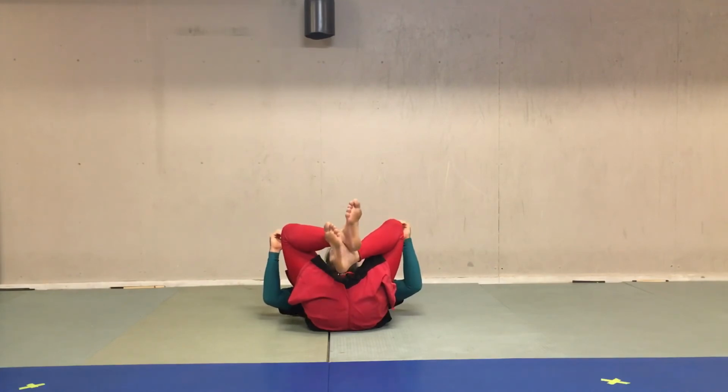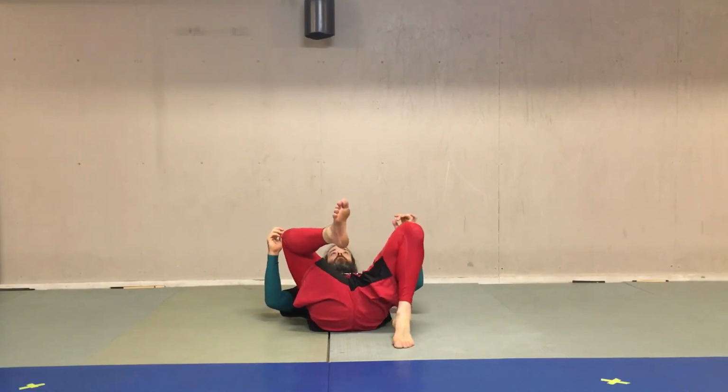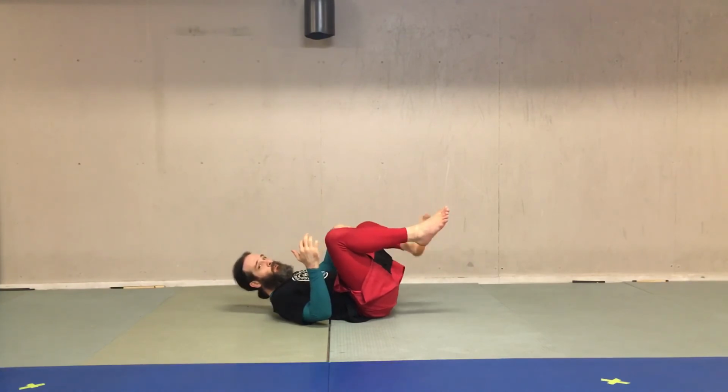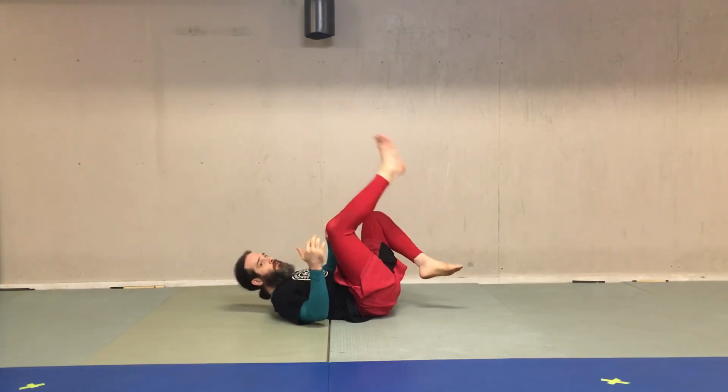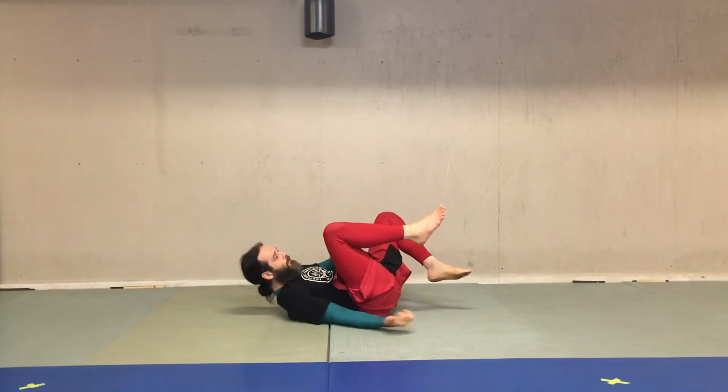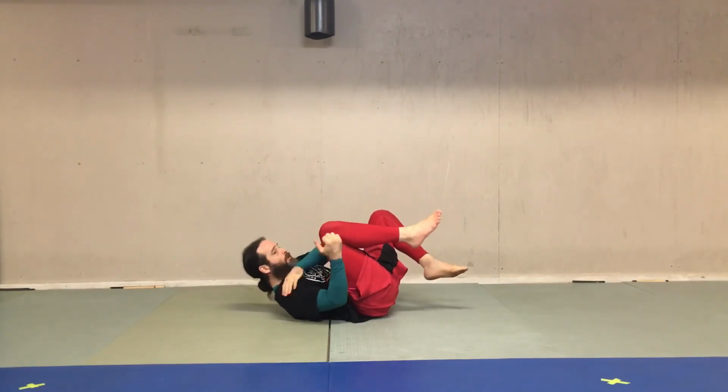One more time for you. Maybe you practice 20 times on each side, 10 times on each side, I don't know. Some practice. Here, foot comes down, turn, right? That foot in reality will be on your partner's hip, and you'll be able to pull on them too because you'll have this leg on top of them. Right? From here, imaginary underhook. Curl your body, roll up onto the shoulder,